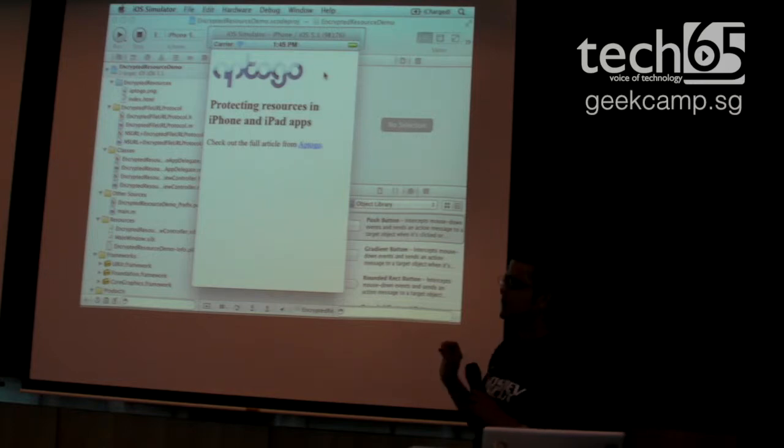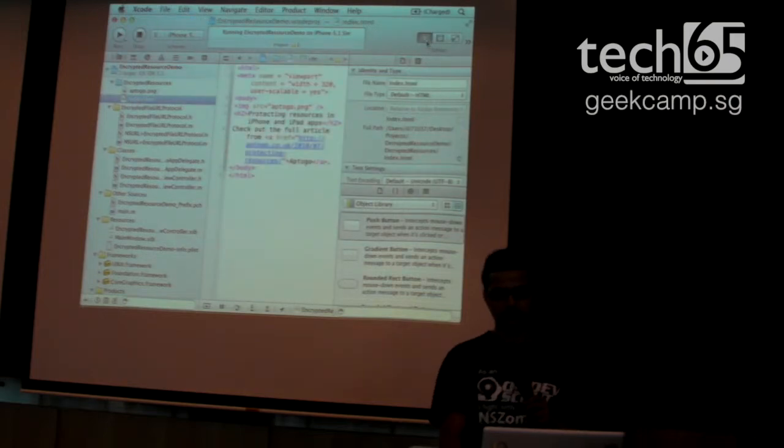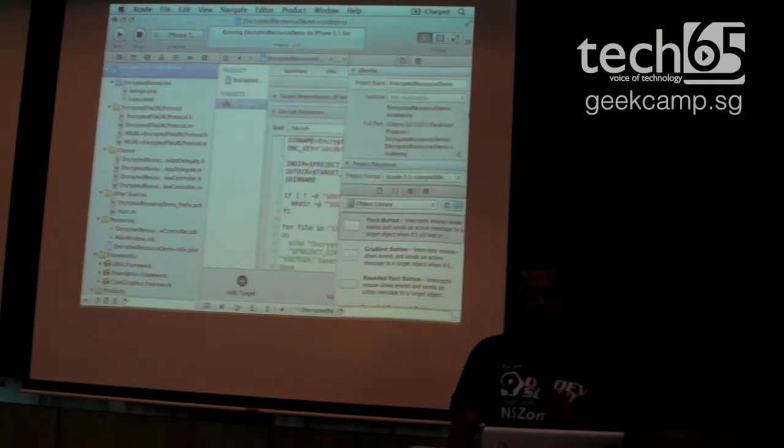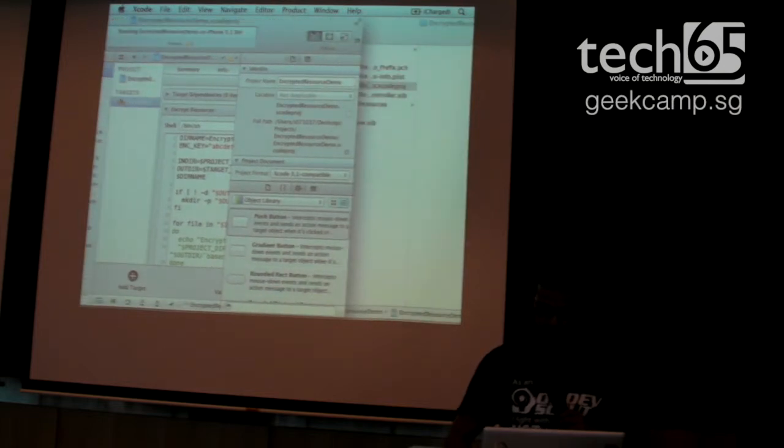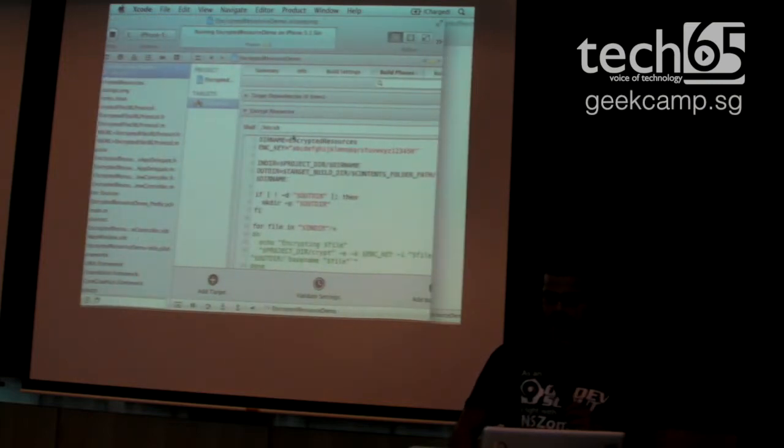This is a simple web page. There is this HTML file in the bundle directory. You will see this index.html. Now if you go to your target directory